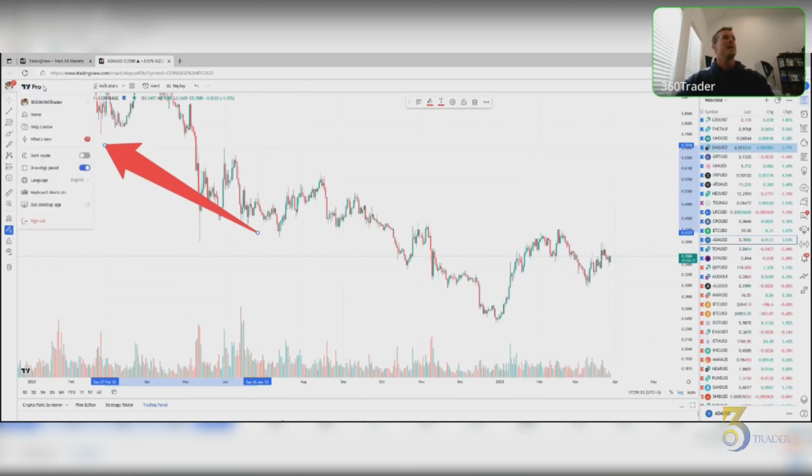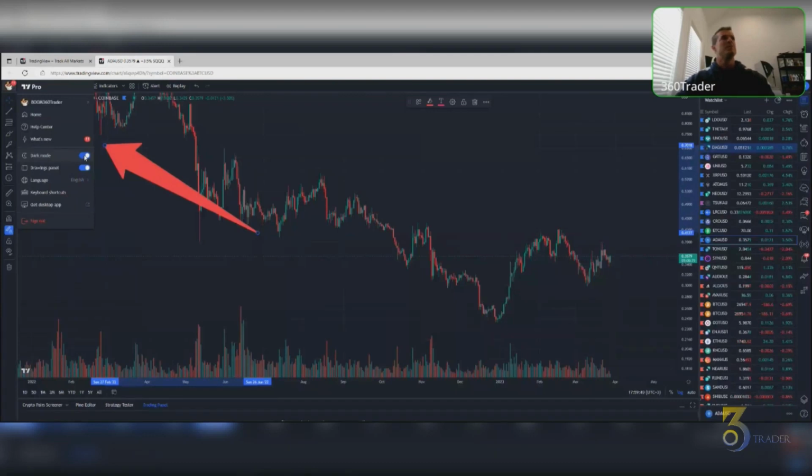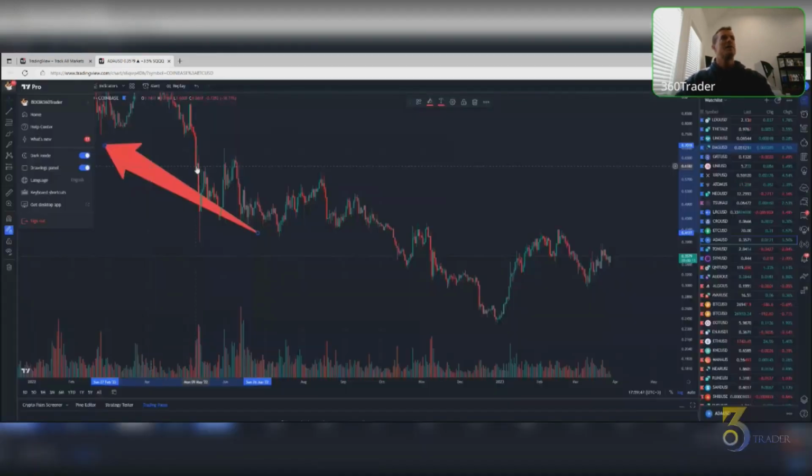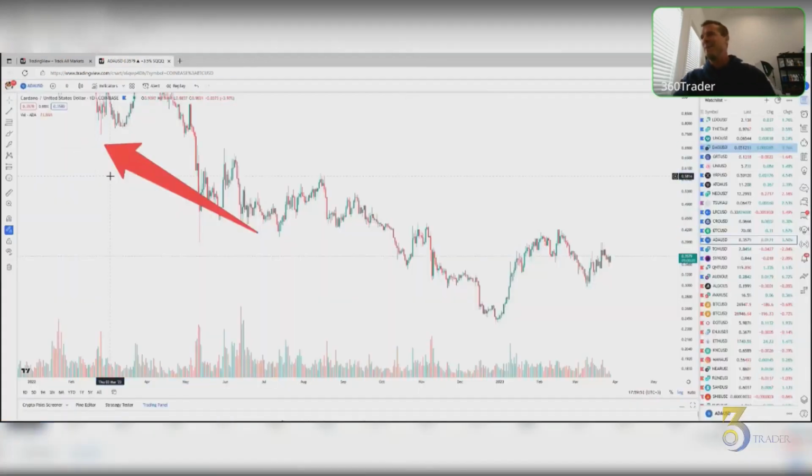If you click on that, you can go to dark mode like that. It's that simple. So it's right in your little icon logo, dark mode. Look, it looks cool. I know it looks cool, but let me explain my mindset, all right? I don't like it. I don't like it.